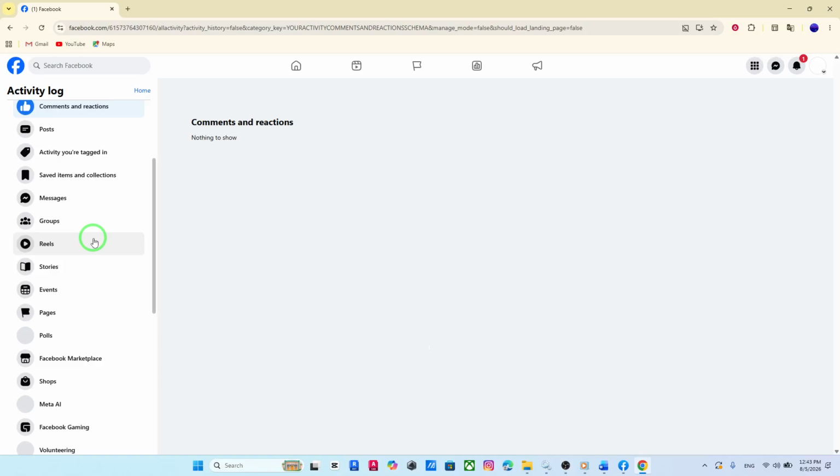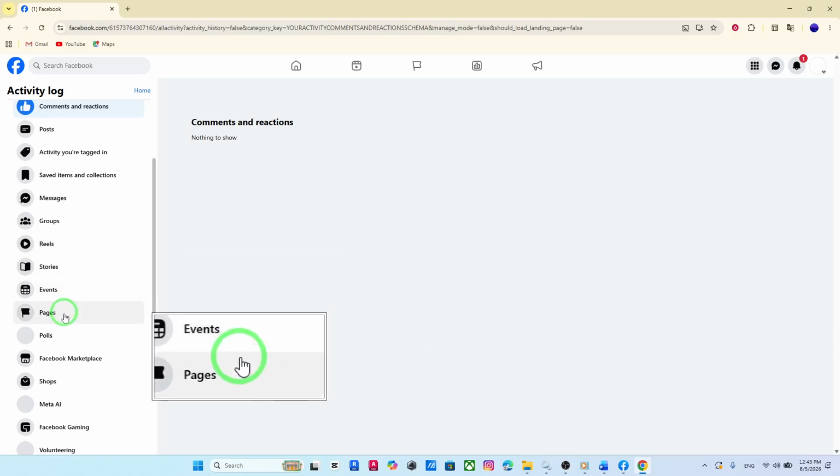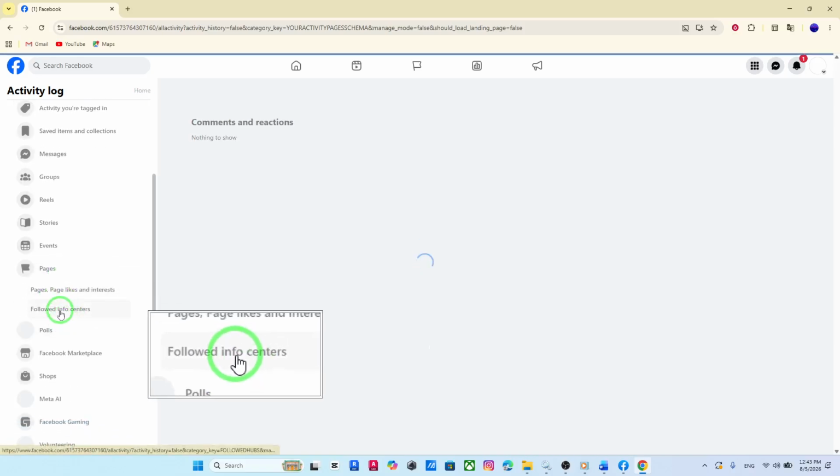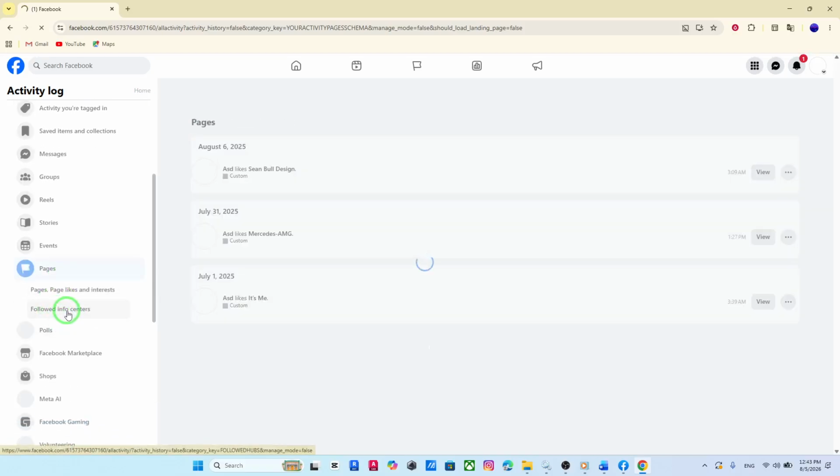Now click on Pages. After that, enter to Followed Info Centers. Once you open Followed Info Centers, you'll be able to see the pages and info centers you currently follow on Facebook. This is useful if you want to review your follows, manage your interests, or simply check what content you've